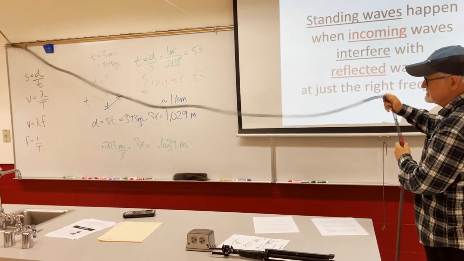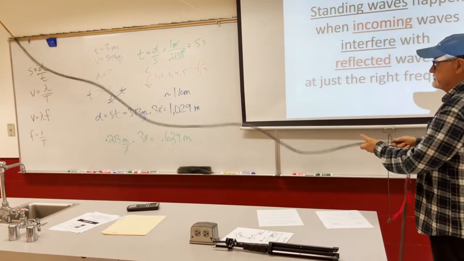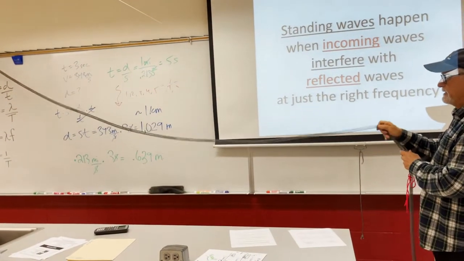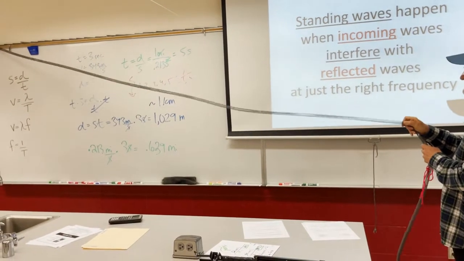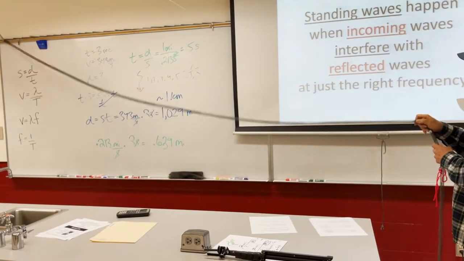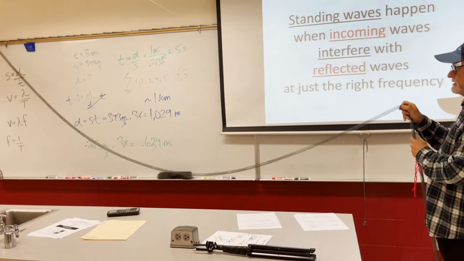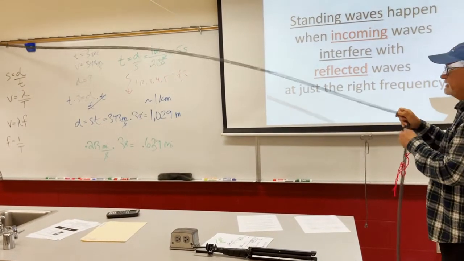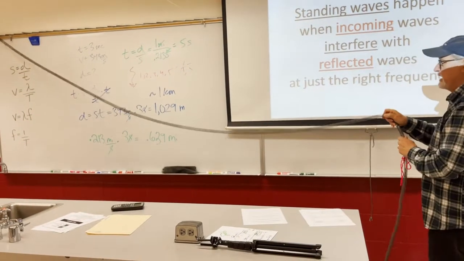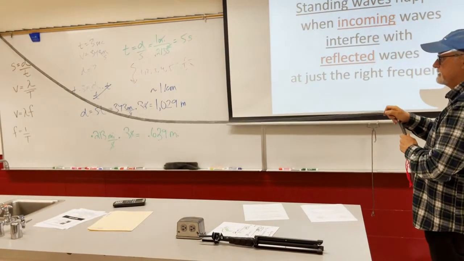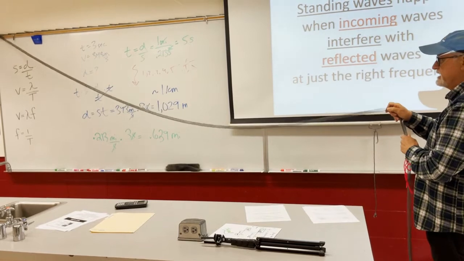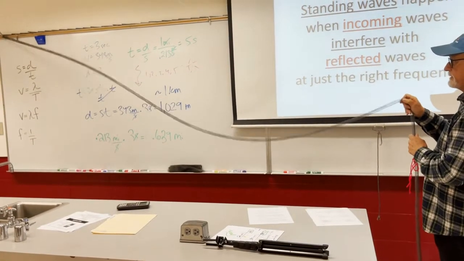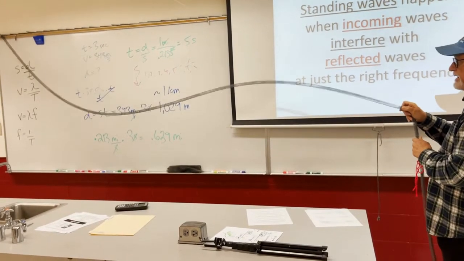You can see it kind of comes and goes because I have to hit the right frequency. And I can have, if I send very low frequency, just one standing wave. Notice I'm barely moving my hand up and down. If I go to a higher frequency, and I have to hit just exactly the right frequency, this is a good example. It takes a while for those waves, they have to go down and back and down and